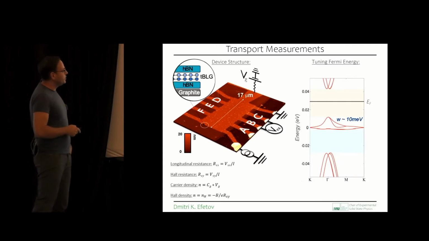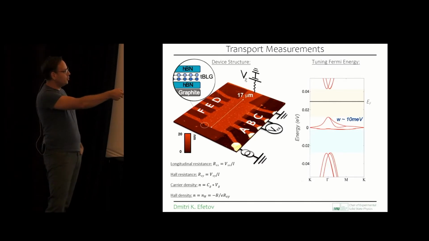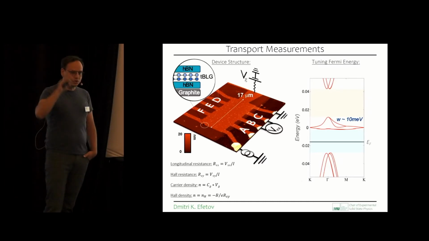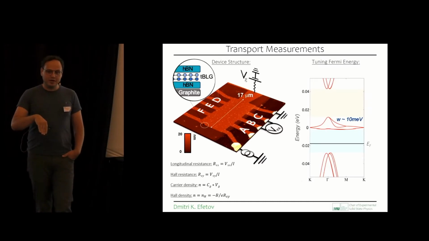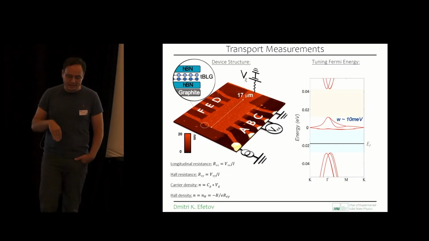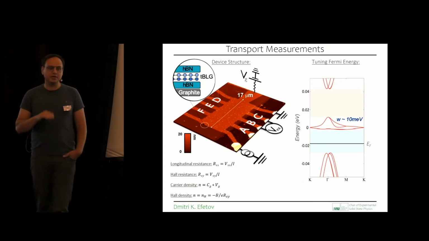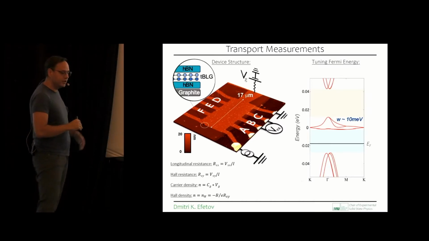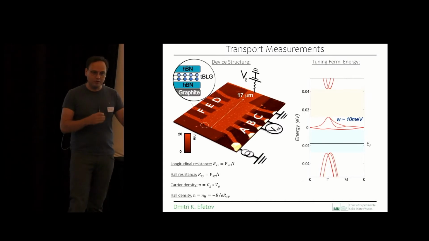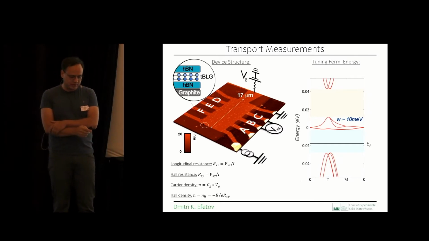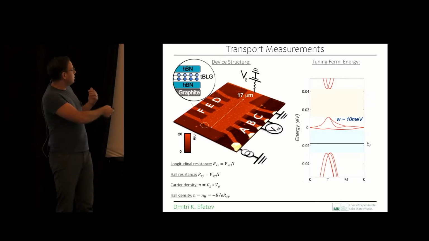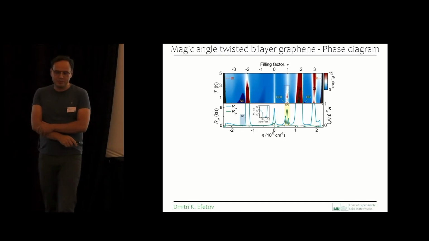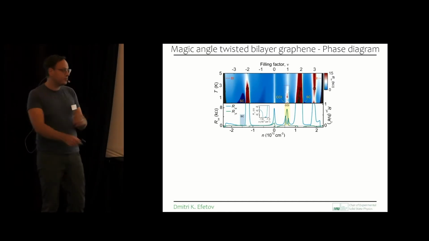What that really means is that if we look at the Fermi energy of the twisted bilayer graphene, we can tune the Fermi energy and control the filling of the bands continuously with any degree of precision that you want. So we can study the filling dependence of that material very precisely. Okay, now, since I'm talking about transport experiments, I just want to show you some phase diagrams which we obtain when we measure transport properties of the system.